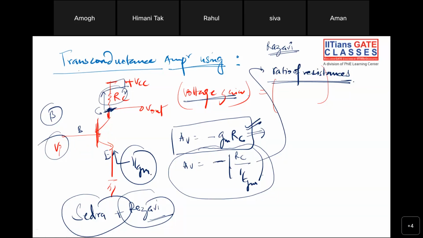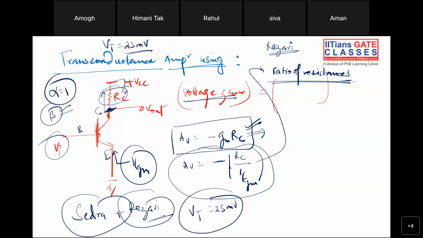So this is all about bipolar junction transistors. When beta is high, the question will mention beta is high, or alpha is unity kind of thing. They will also mention the VT value. How much is VT? 25 millivolt. Suppose VT is given as 25 millivolt. If someone asks you what will be the value of GM,